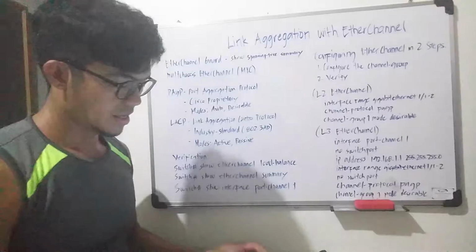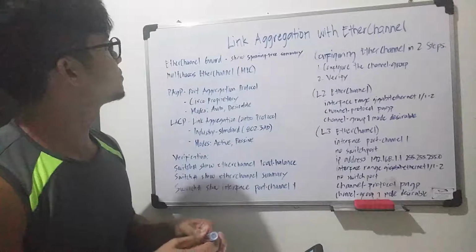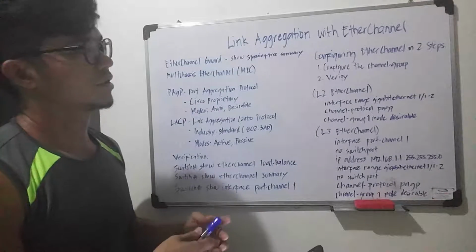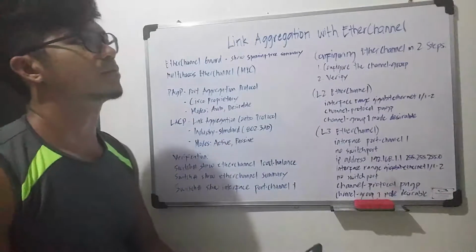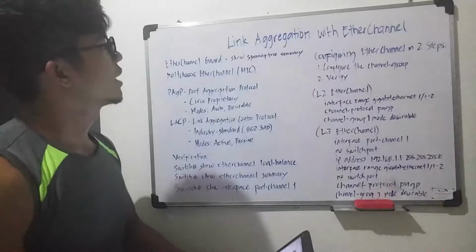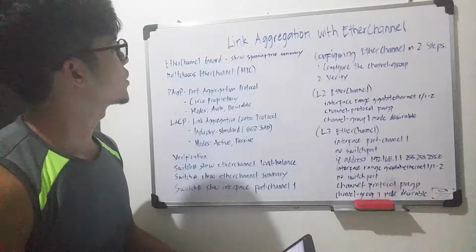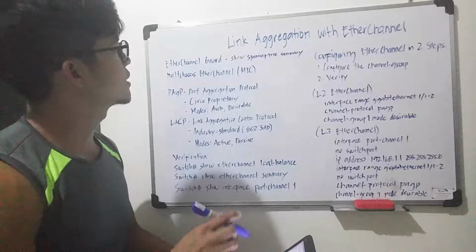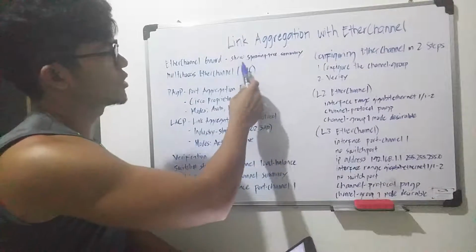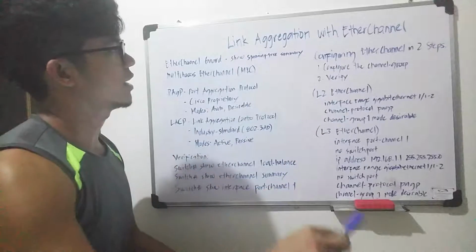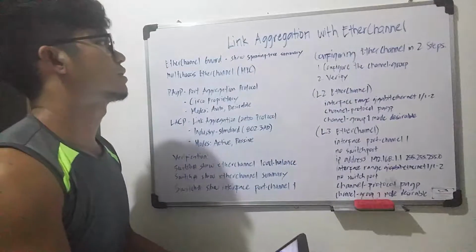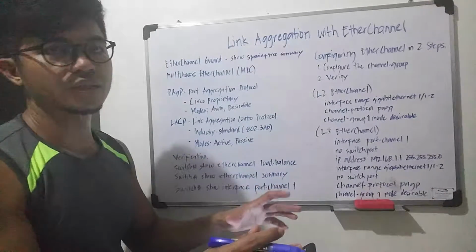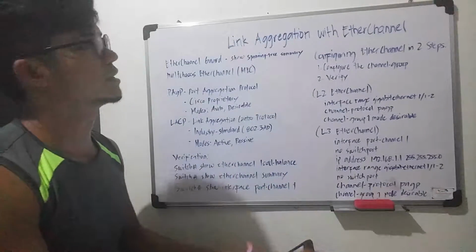This is on by default, or running by default on the switches, and you can verify it by running this command, show spanning-tree summary, and it should be enabled. But if for some reason it is disabled,